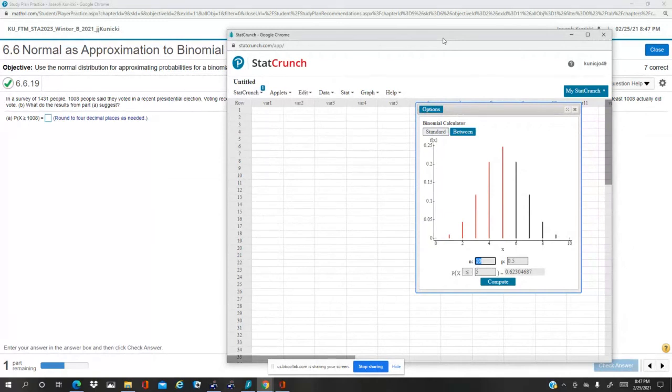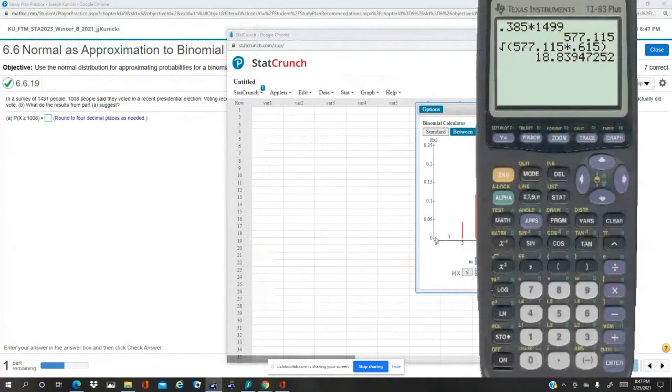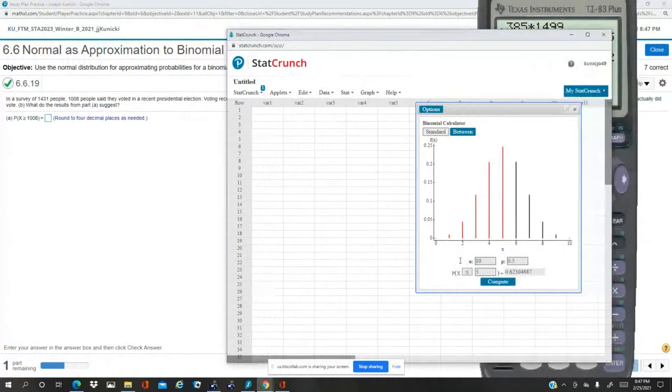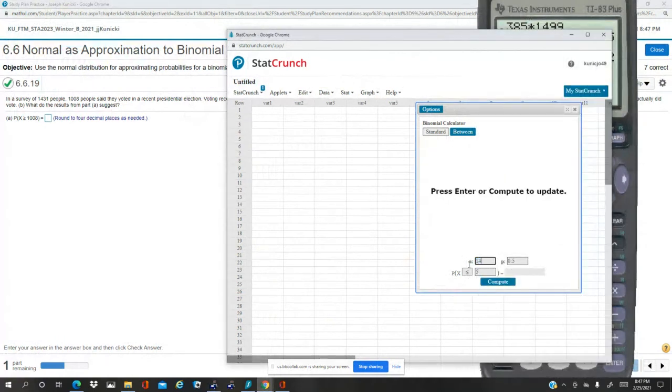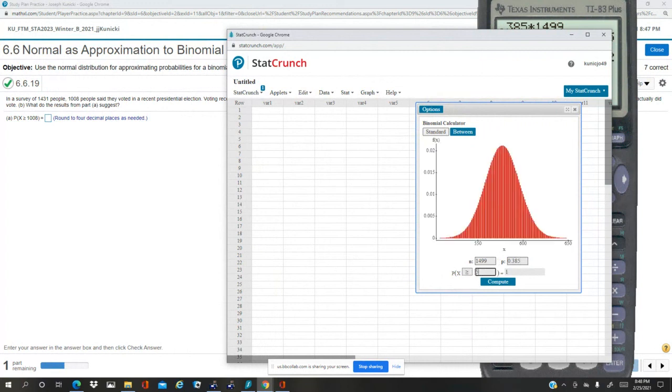N was 1499. That's what it was. And P was 38.5%, so 0.385. And we want the probability that X was greater than or equal to